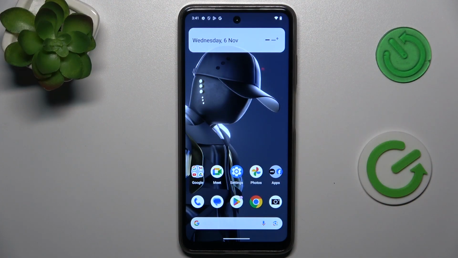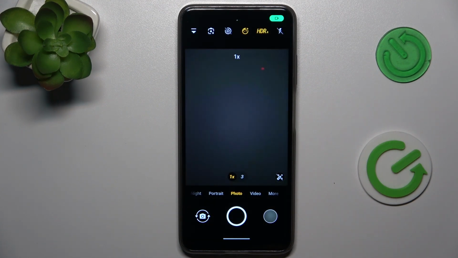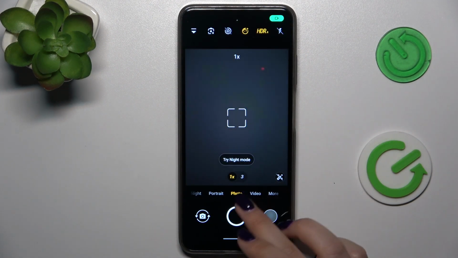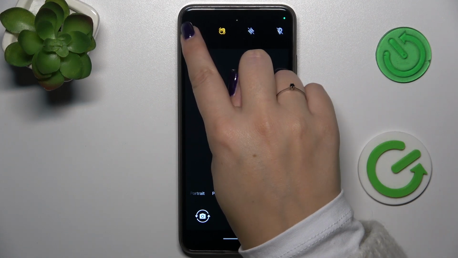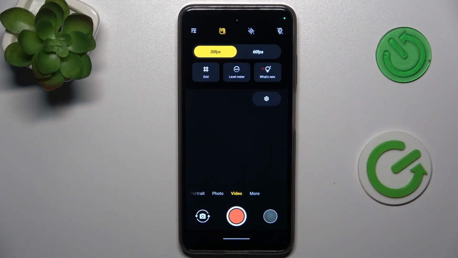So let's begin with opening the camera app, and currently we are in the standard photo mode, so we have to switch to the video one. If you can see the red color inside the shutter button, it means that for sure you're on the video mode. Now we can open the settings, which are in the left upper corner, and unfortunately in this device all